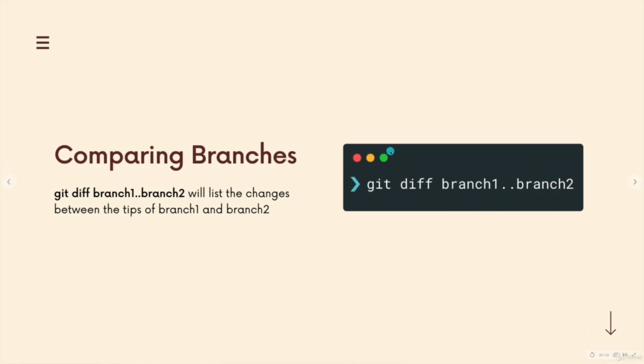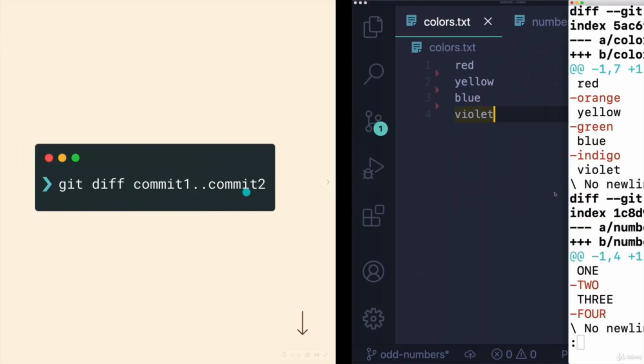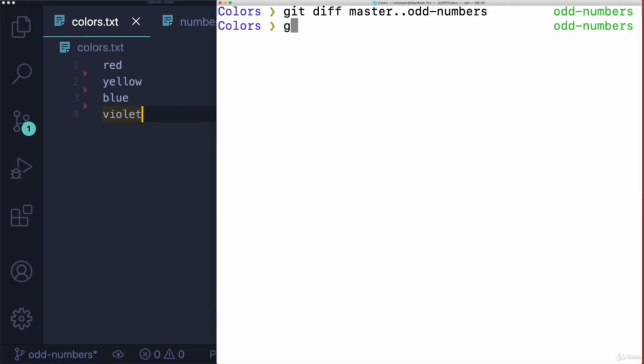So that's how you compare branches with git diff, three dots or a space between 2 branch names. The last variation we'll take a look at is comparing 2 commits. If you want to know what changed between 2 commits, not necessarily head, right? It could be any commit in the past. We can use the same syntax, git diff, and then some commit hash, some other commit hash. So why don't we go back to master,